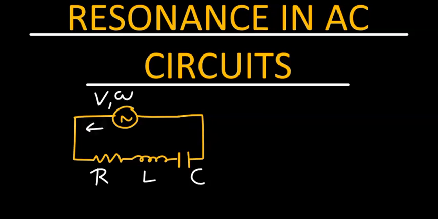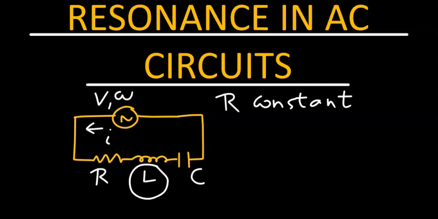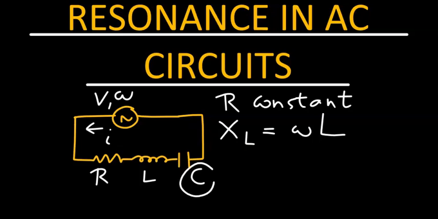The instantaneous current is labeled with little i. We know the resistor has a resistance R and this is constant. The inductor has an inductive reactance X sub L, and this is a function of that angular frequency, and it can be expressed in the following manner: angular frequency times the inductance of that inductor. The capacitor has the capacitive reactance, and that is given by 1 over angular frequency times the capacitance of the